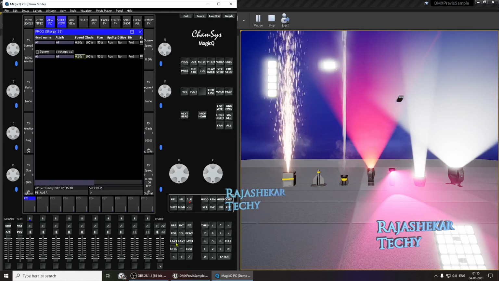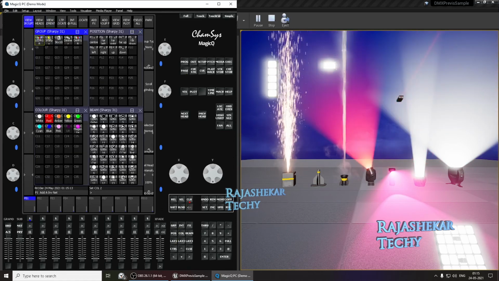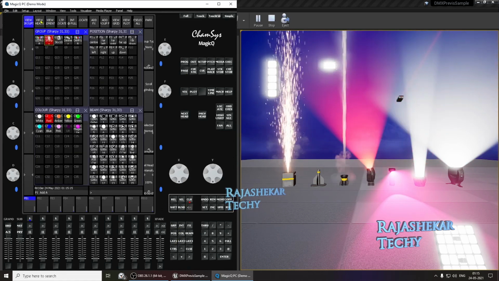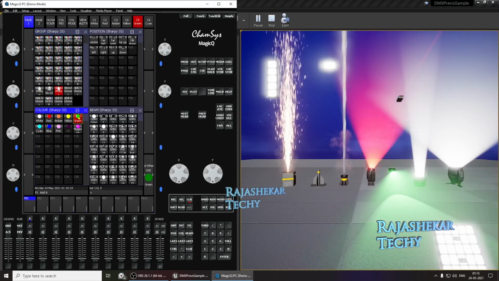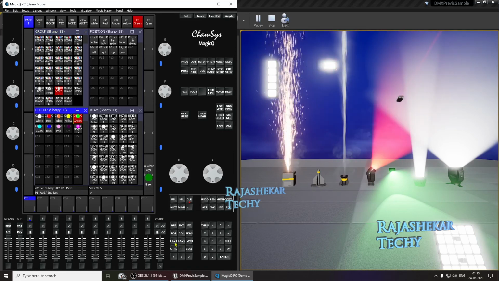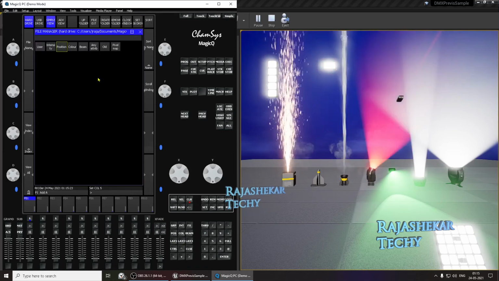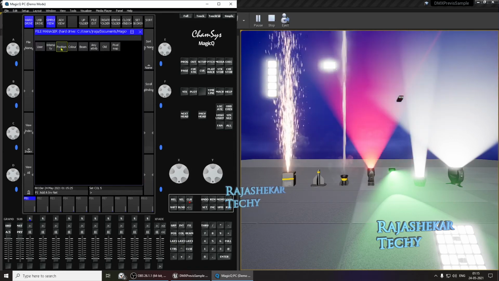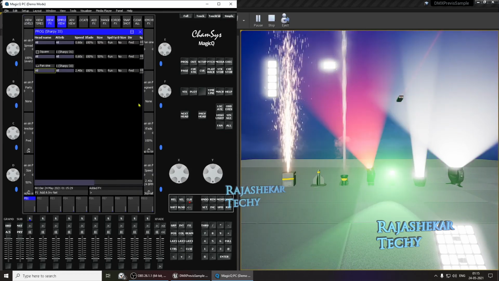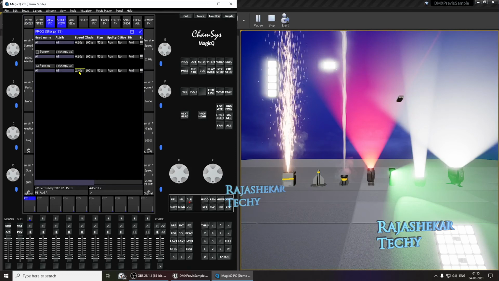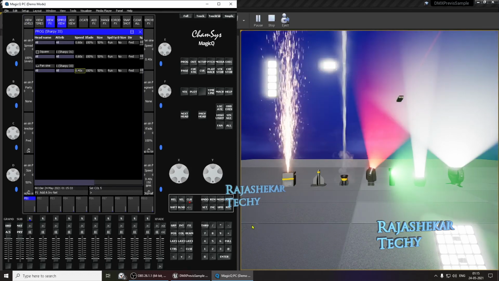Let's give a different color to the moving mirror. Layout, Sharpie, view heads, go to the second one, and let's give it a green color. And again go to layout 1, add effects, let's try to give a different position for this, pan shine, and let's reduce the timing to 0.4.